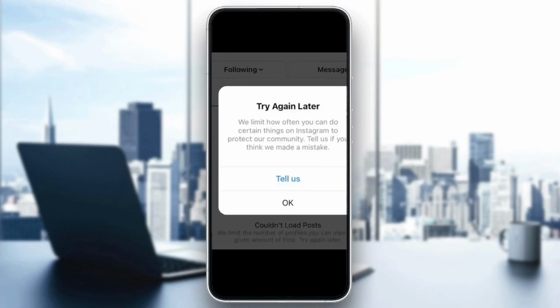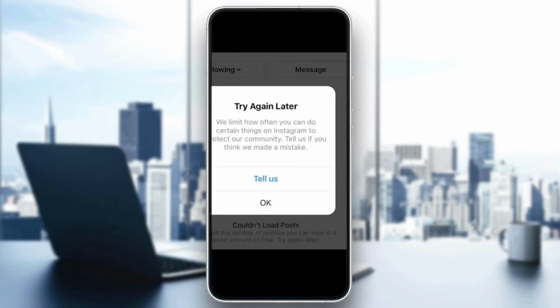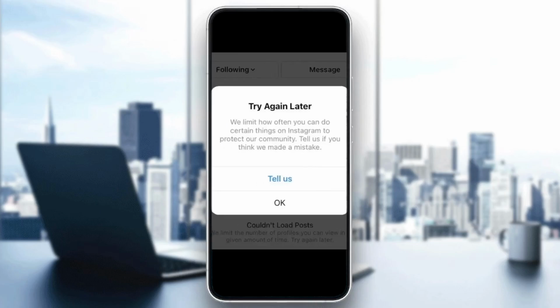So basically guys, you will get this message if you are spamming comments or spamming messages, for example. If you get this message after doing that, they're just timing you out, for example, from sending comments. So basically guys, the only way you can fix that is just wait it out. Just wait, for example, for about a day or something. Then try again to, for example, comment on posts and see if